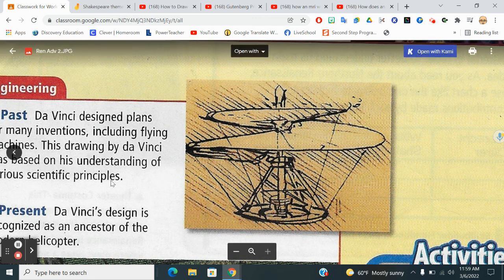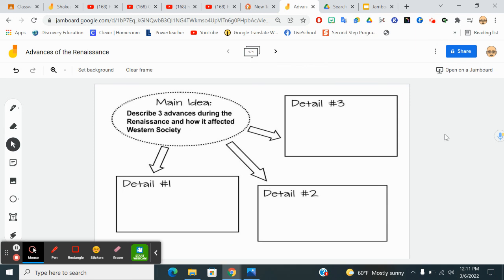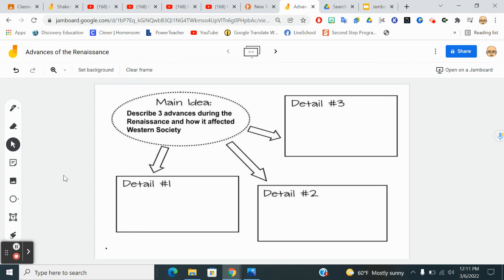Right now, let's take a look at our modern day assignment for today. Now, getting to our Jamboard assignment. Very simply, this is a main idea web, and you're going to describe 3 advances during the Renaissance and how they affected Western society. We talked about more than 3 in this lesson, but you're just going to describe 3 of them. Use either the sticky note or the text box to describe 3 advances. So let's talk about one of them, could be the MRI, and list how it affected Western society. And once you're done with that,